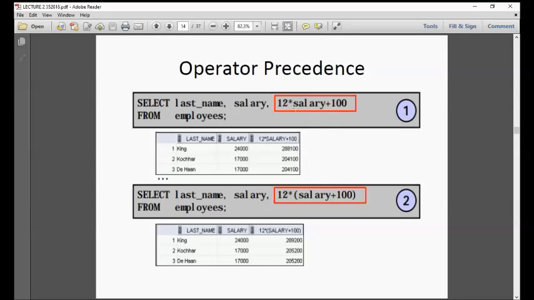So 12 times salary plus 100. We will first execute the multiplication, plus 100, unless you specify that you want salary plus 100 first before multiplied. But without any parentheses, the MDAS multiplication will be implemented.